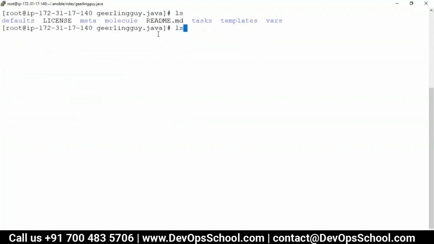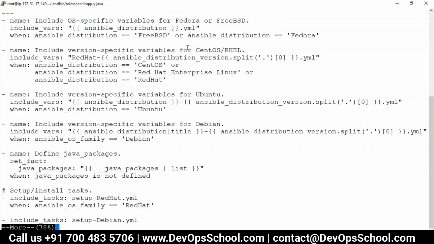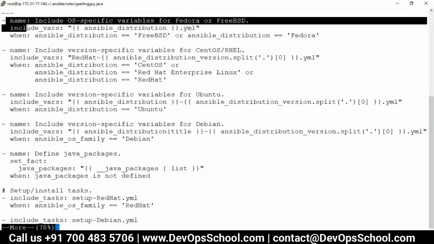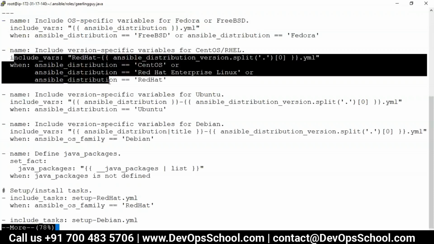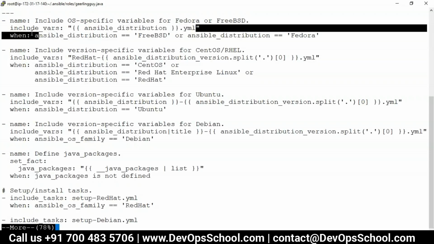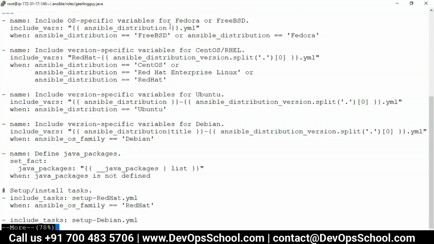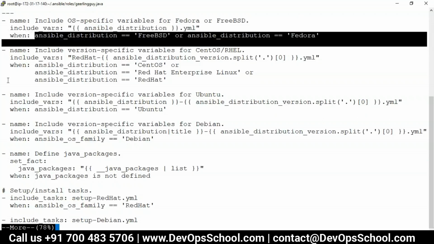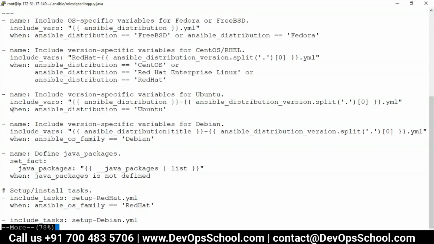Then we have to look at the tasks, because every answer is hidden in the tasks directory. Look at this. And first, what file should we open? main.yaml. And look at this, same way they have coded, and we know this code very well. Okay, see here, look at my screen. If it is FreeBSD, this is, by the way, just a name, but the real code is here. When, look at this, when.